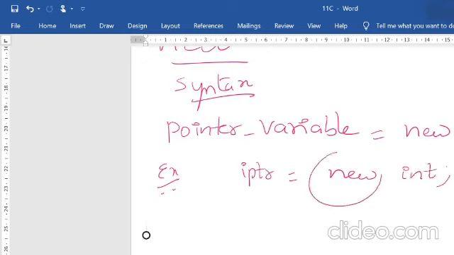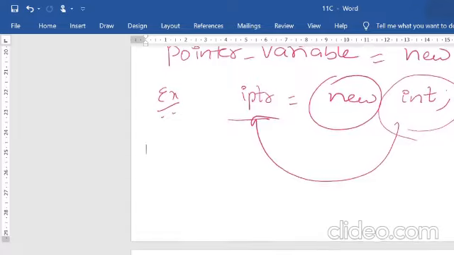We are going to use the keyword new to allot the space. In this example, IPTR is the variable and the new operator allocates 2 bytes of memory and assigns that to your IPTR. Similarly, you can use it for your characters, floats, whatever it is.